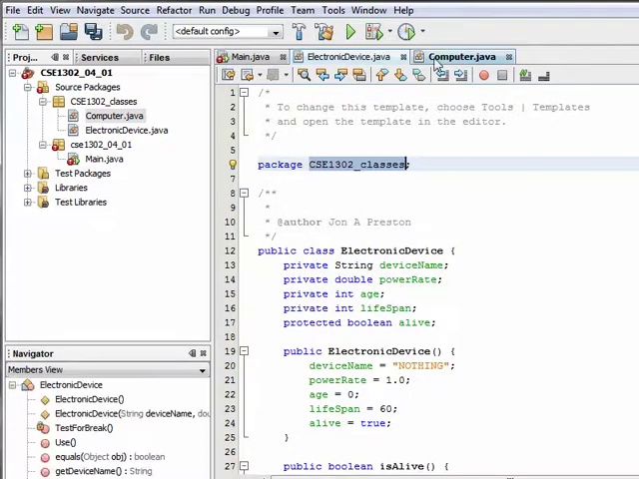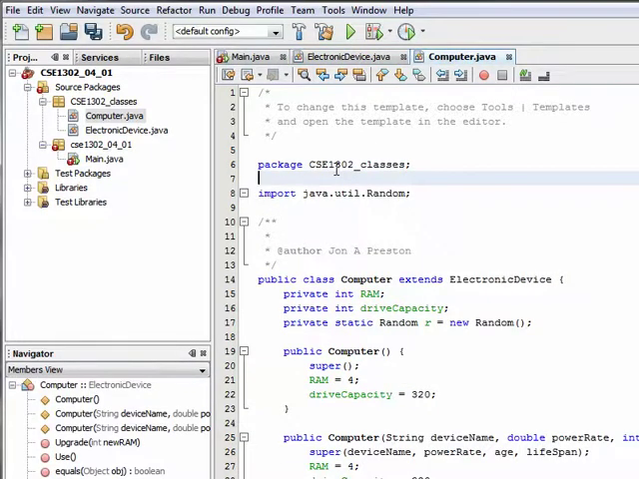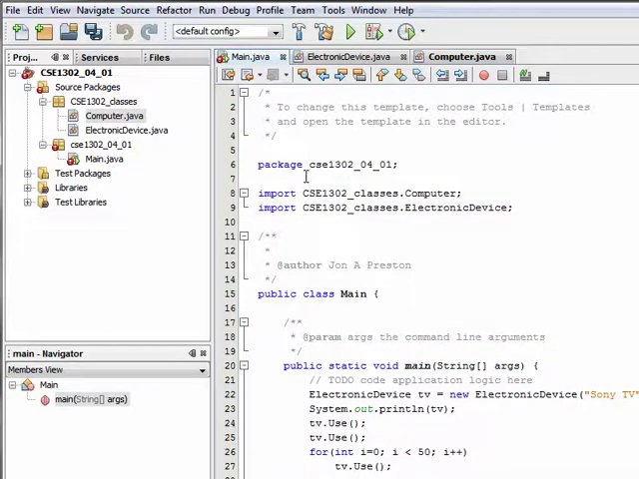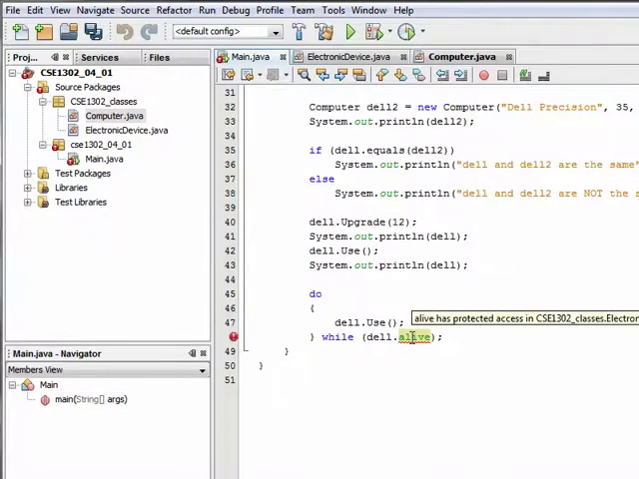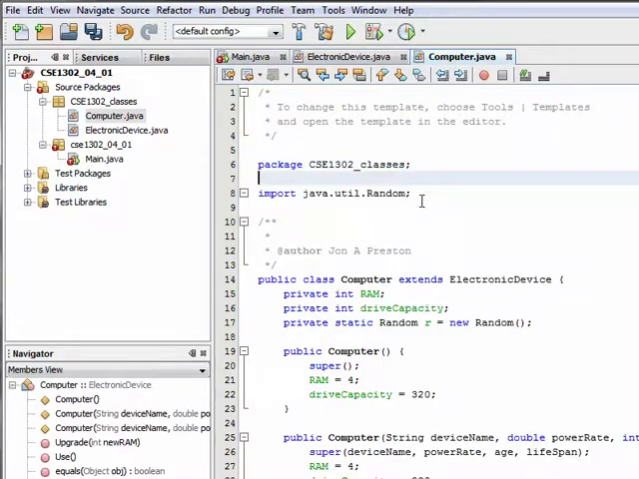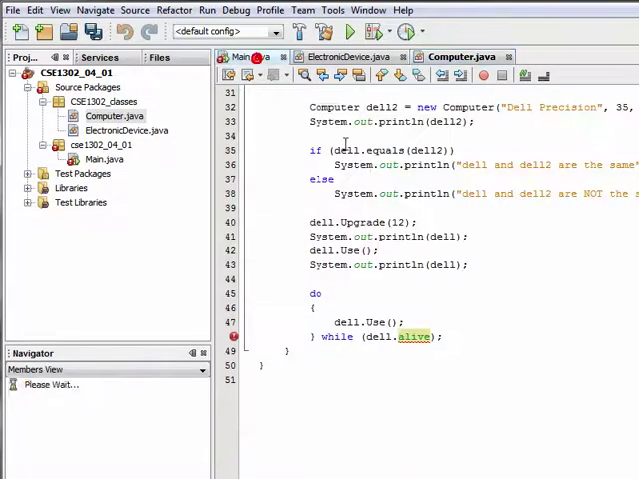So the electronic device and the computer are now part of the CSE 1302 classes package, and the main is still part of the CSE 1302_0401 package. Now we're getting the error that I want us to get. Notice that alive should not be accessible to us because it's protected. It's only visible within electronic device and within any class that inherits from electronic device and anything within that same package. And now that main is in a separate package from these classes, I'm going to be forced to use